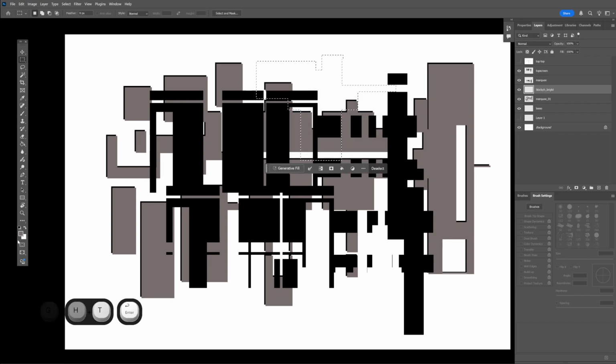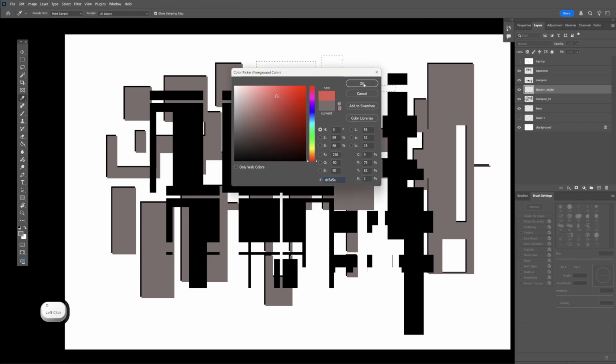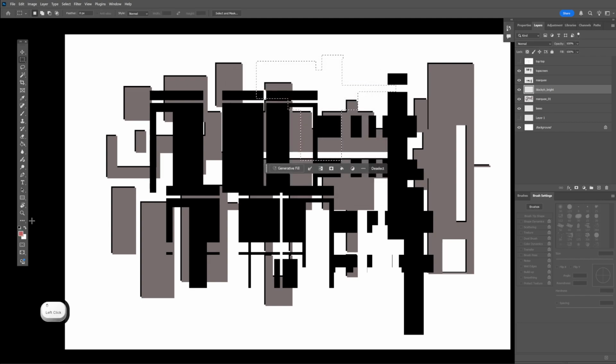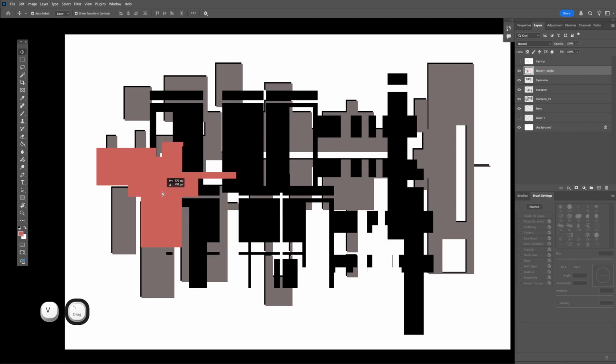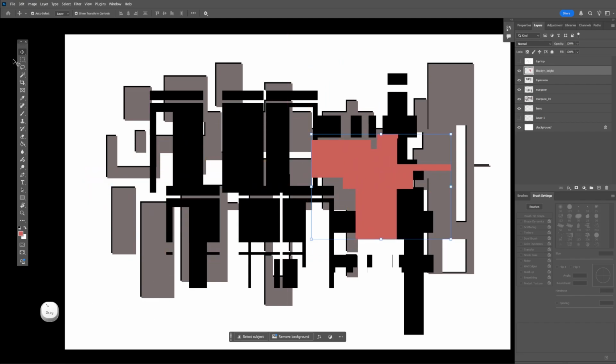Name it something interesting. Go into your color picker, pick a color, fill it. Maybe that's a little muted. That's all right. Alt Delete to fill. If I want to see that better on top of everything, I would drag that all the way to just below the top, right? And then we can move on, I think, to the next part,